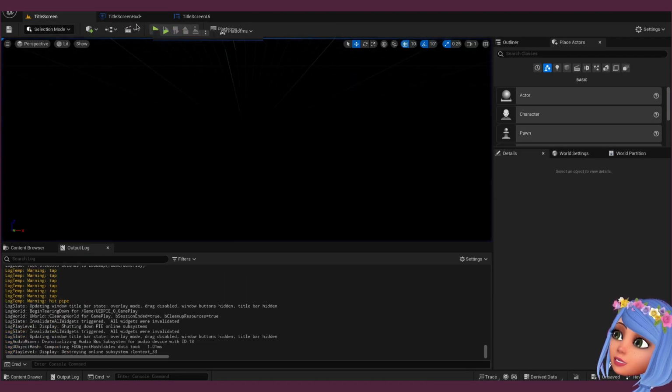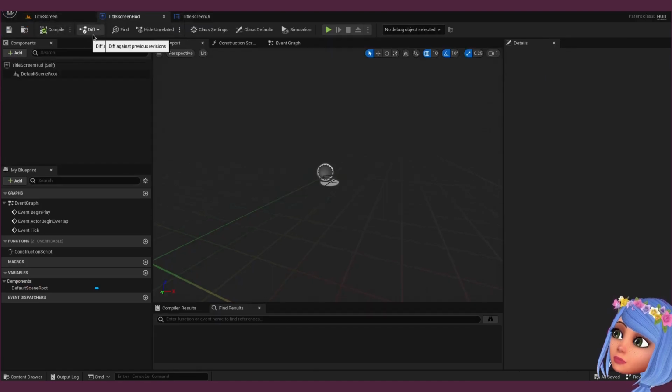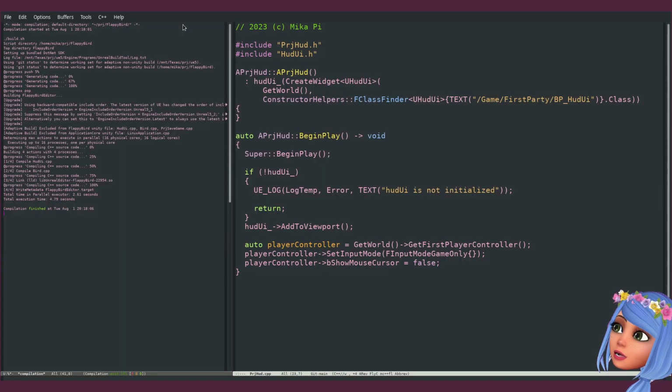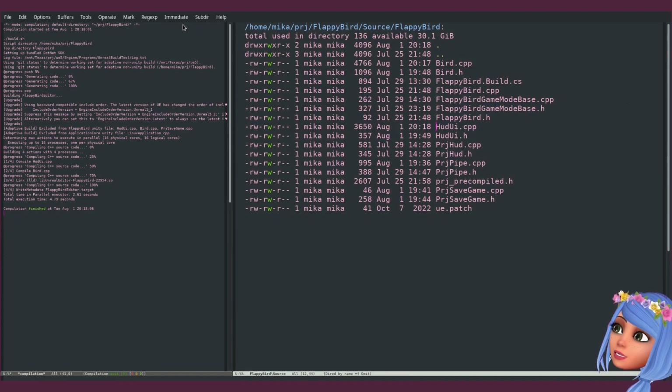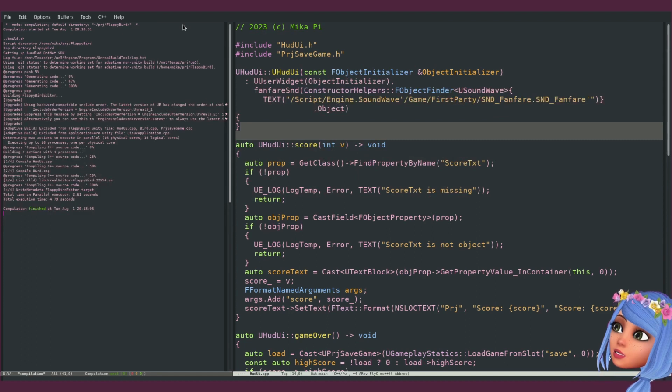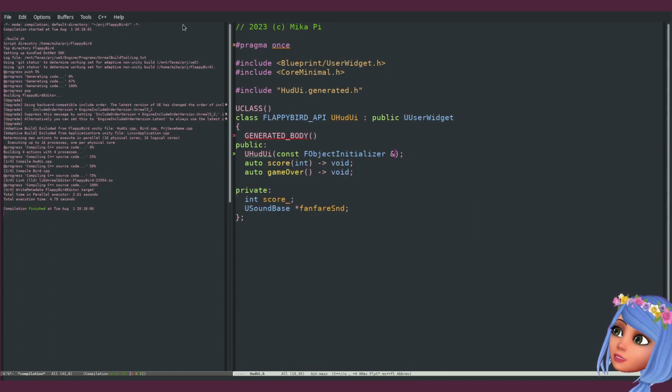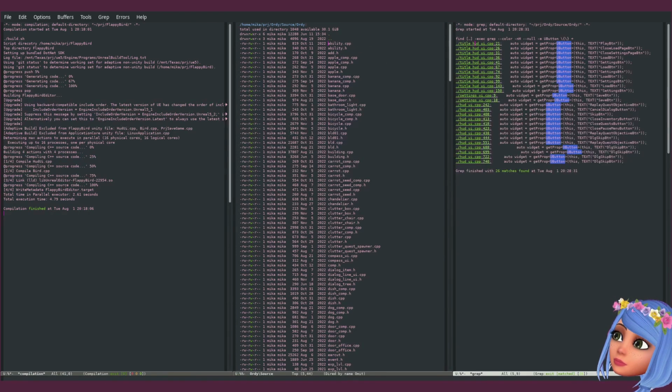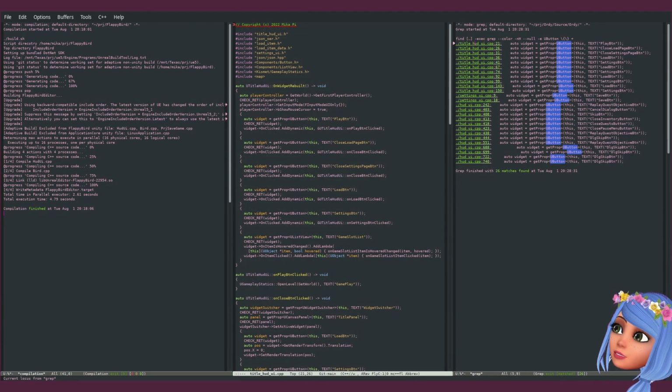Okay, so now I need on continue to also get back to the title screen. So we go to the HUD UI here, and let me see how I did it. Pressing buttons on widget rebuild.